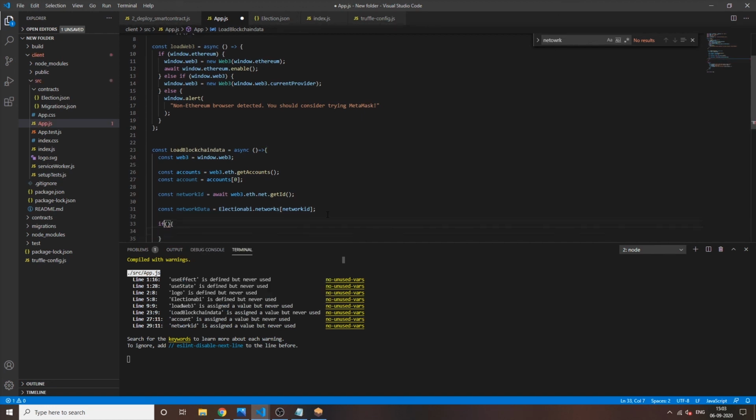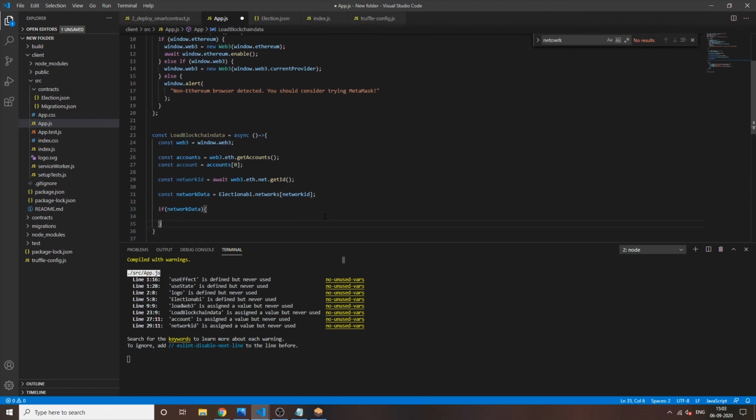Now we will define an if and an else condition. So we will define an if condition that if the network data or network ID is on Ganache, then load the blockchain data. But if there is no network data, it means that the smart contract is not deployed to that network ID.